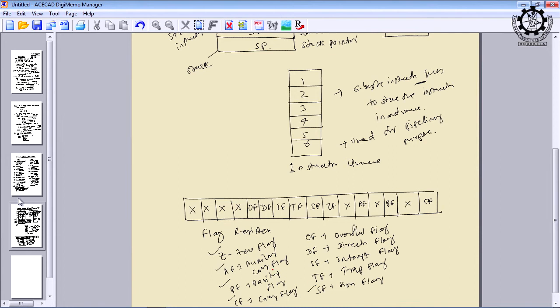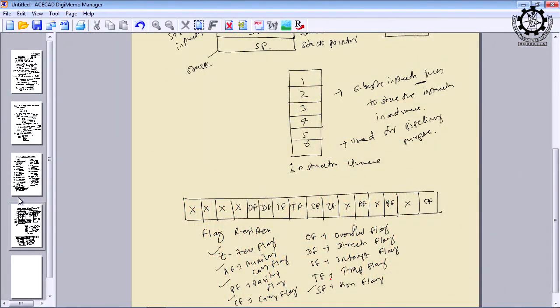already there in 8085 and it has same meaning. Whatever we have discussed in 8085, they are also having the same meaning in 8086. Only these 4 flags are special flags. So, OF stands for overflow flag and DF stands for direction flag and IF stands for interrupt flag and TF stands for trap flag. And how to use these flags we shall discuss while discussing throughout this 8086, we will come to know how these flags are useful.